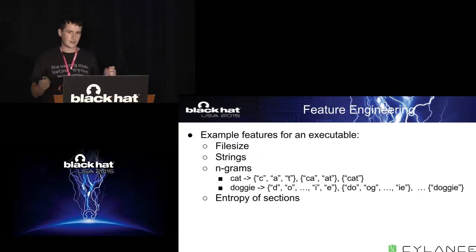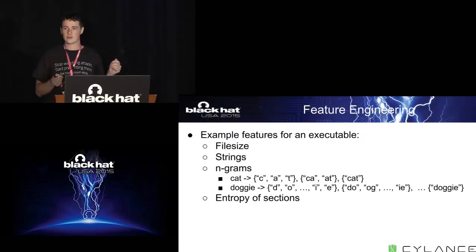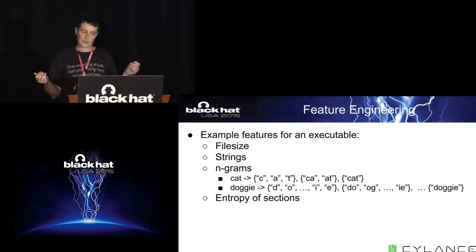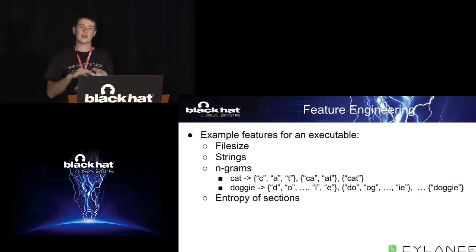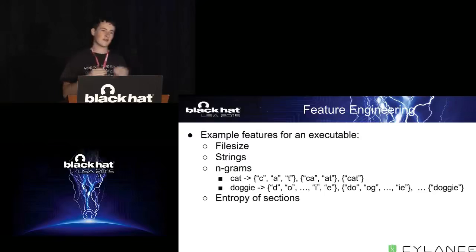An n-gram is a way to turn a variable length thing into a fixed length thing, right? So if we take the example, cat is a variable length word, right? In this case, we have a word that's 3 letters long. In the case of a 1-gram, we're going to turn it into a 26-dimensional vector. In other words, we have something with 26 bins. For that particular word, we turn on the C bin, the A bin, and the T bin, and everything else is 0. You can also have 2-grams. So instead of a vector, you would have a matrix of things, and you would light up the CA bin as well as the AT bin.